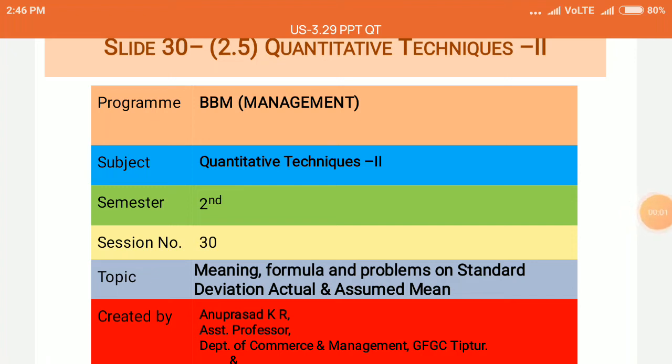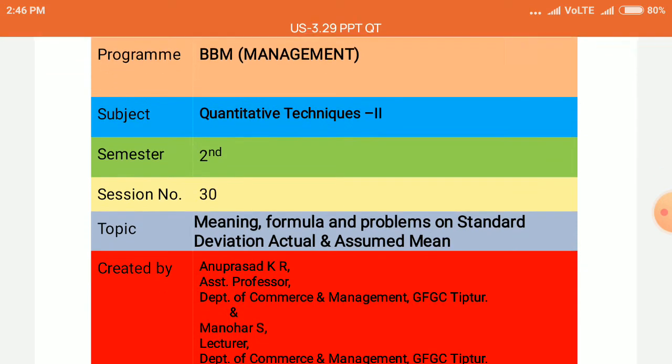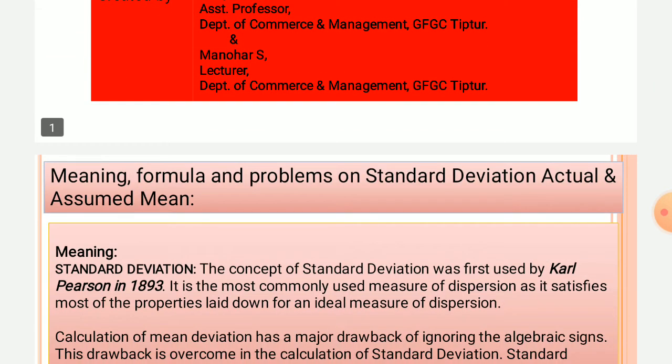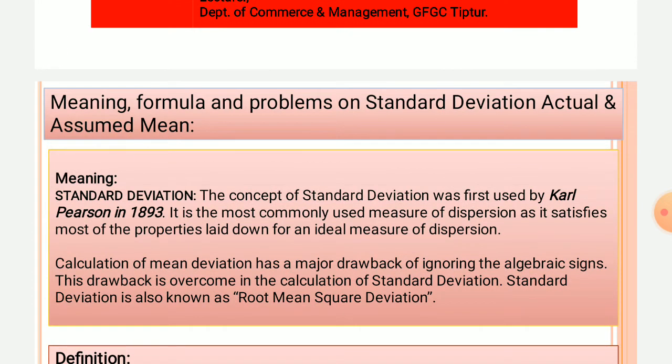Let us discuss the concept of standard deviation. Standard deviation is one of the most important methods of studying the huge differences or the scatteredness of all the observations in the given series. The concept of standard deviation was first introduced and used by Karl Pearson